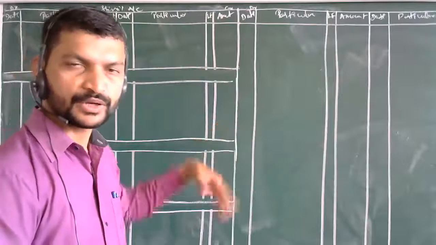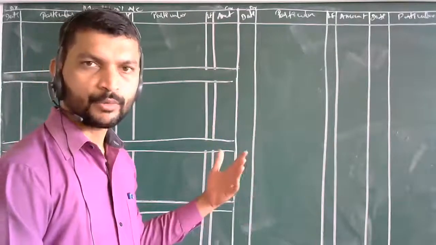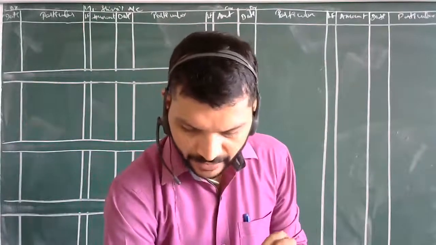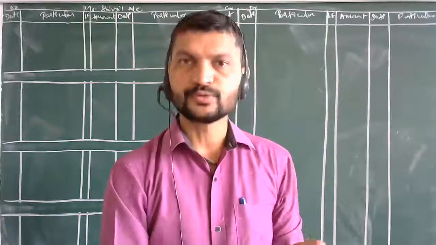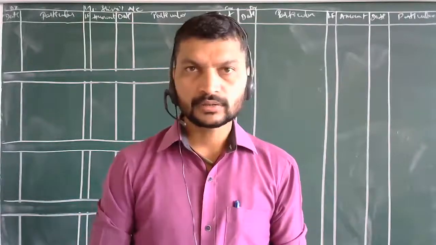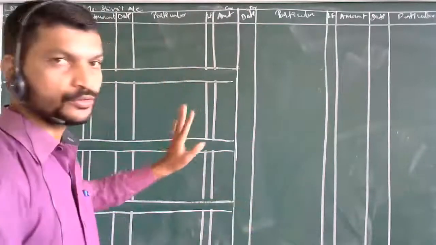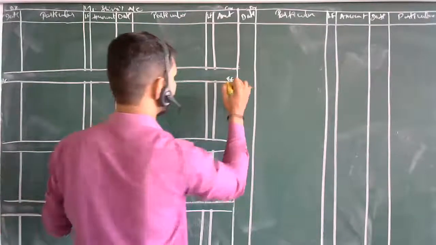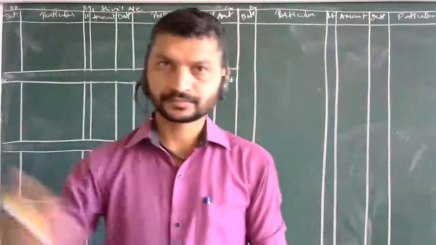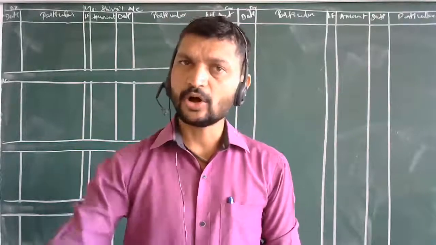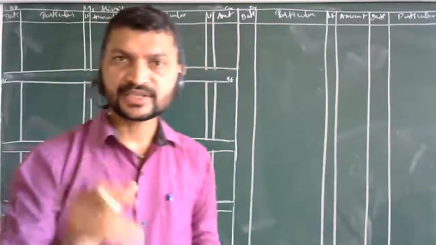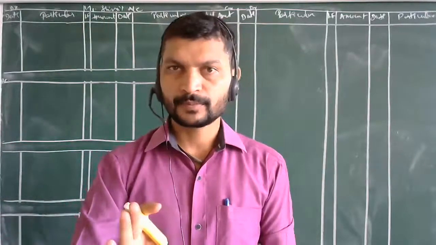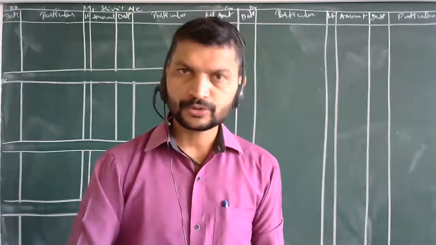What all things are there? Purchases, then stationery, then furniture, all the accounts. What we have to do is, the accounts on the credit side in the cash book are debited, writing to cash account. To cash account you are going to say, and there you are going to make the debit entries. This is the debit side, this is the credit side. In the cash book, whatever credit side entries were there, all those entries you are going to record on the debit side here. Remember the points. This is the most important part for you to remember. In posting to ledger accounts, you are going to do these things.